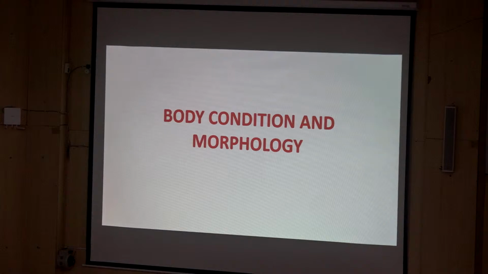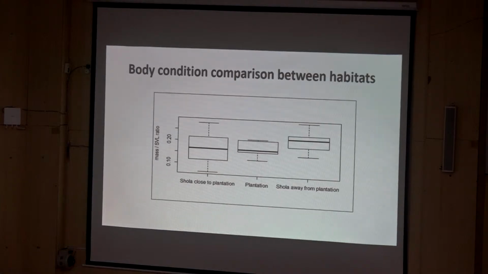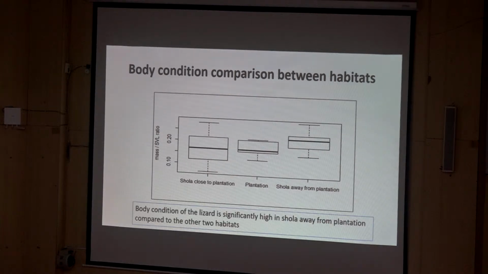Coming to the body condition and morphology, we compared the body condition of the males between the habitats, and it was found that the body condition of the males is significantly higher in Shola away from the plantation compared to the other two habitats. Body condition is defined as the ratio of mass to snout-vent length. It is an indication of the health of the lizard. When the body condition is high, the lizard is fatter and it has a positive influence on the survival and